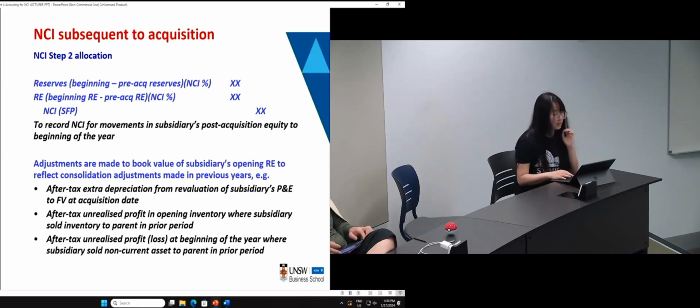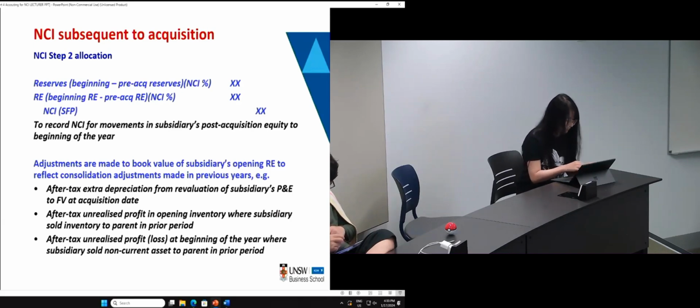Okay. Now you also have to consider this is actually related to stage 2, where some unrealized profit or loss in the recall subsidiary. These intergroup transactions occurred in the prior year, and this profit and loss remains unrealized at the beginning of this year. Okay, this is related to stage 2. Now this one is related to the fair value adjustment, like a depreciation adjustment required in the worksheet. So the amount of depreciation in the recall subsidiary is understated from the group viewpoint. Okay, and the effect of those adjustments occurred in the prior year needs to carry over to the current year and require adjustment to the opening retained earnings of the subsidiary.